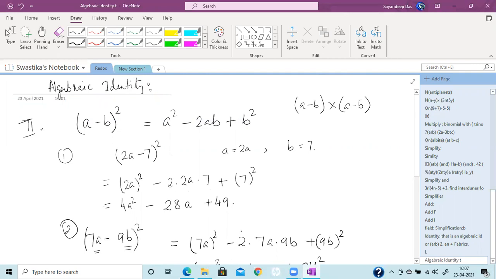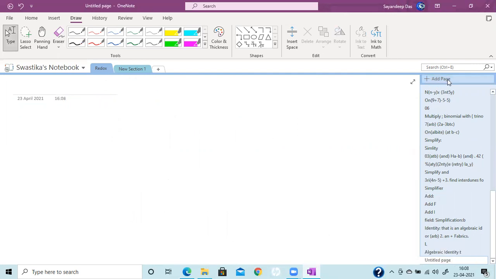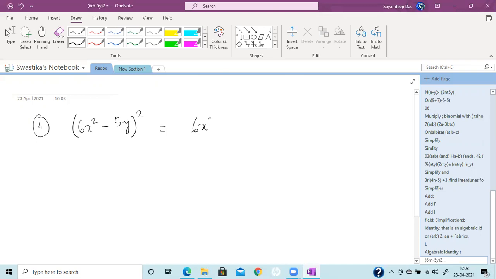We'll solve a couple more problems on this identity so that you will understand better. So let us go to the next problem, that is, expand (6x² − 5y)². This is the fourth problem. So we'll see now (6x² − 5y)² is equal to, now we can write a², that is (6x²)²,